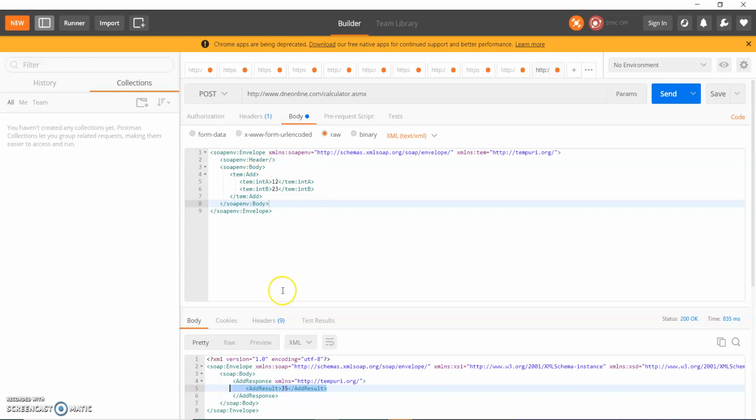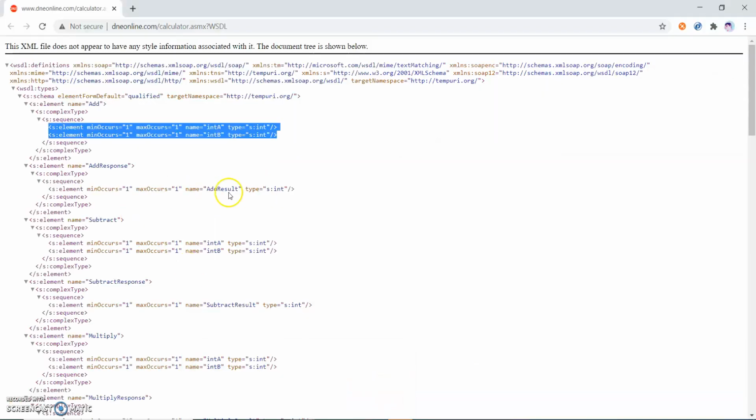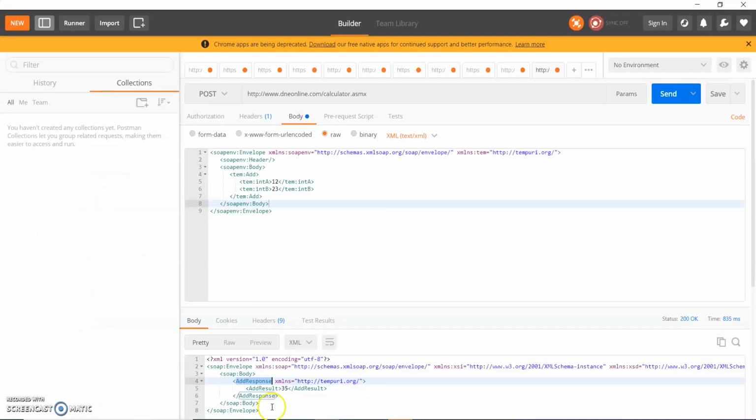So it adds, and this is the response. You can see again the SOAP envelope comes with a body and here it is closing, and this is add response. So what is add response? In add response we have discussed here. This is the add response which is coming as a response, right? This is all the thing which I wanted to show you here.